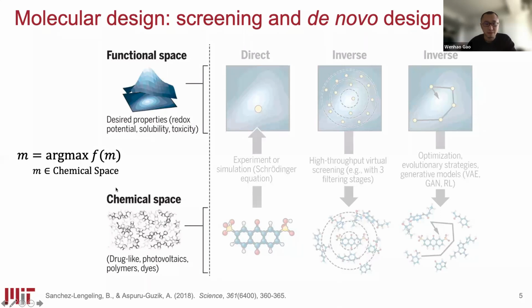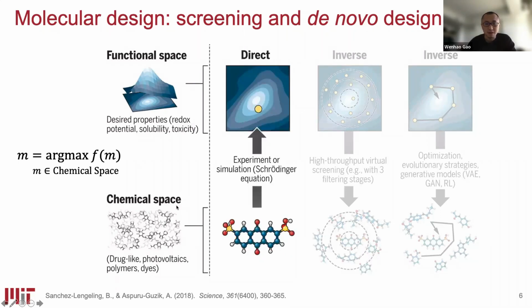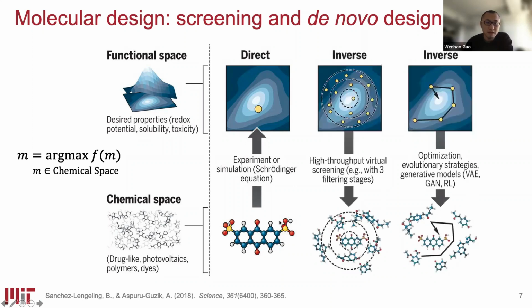And the search space is a set of available compounds called chemical space. And in the history of computational chemistry, people focused more on the QSPR problem, quantitative structure property relationship, which is about, given the molecule M, inferring the property F of M from it. And molecular design is the inverse problem of that, assuming we already have access to F of M, to search for an optimal M. And currently,